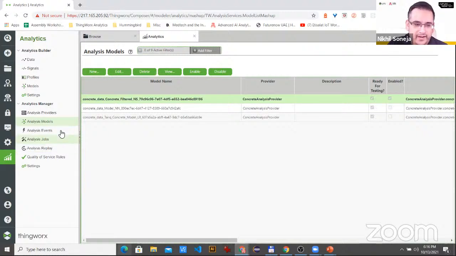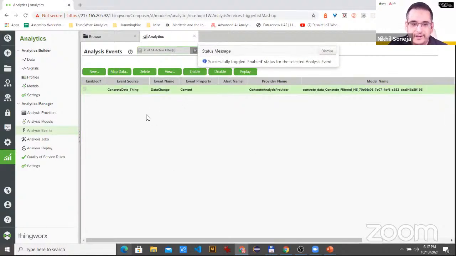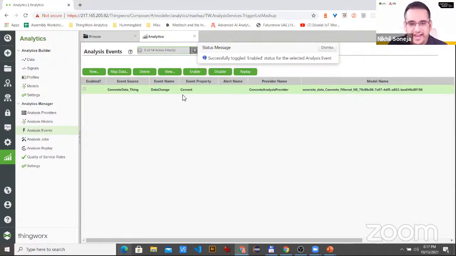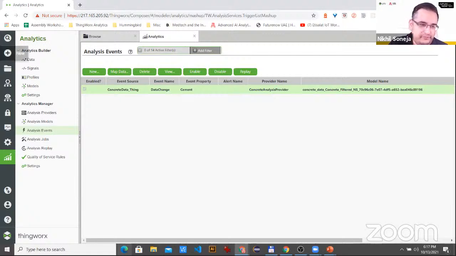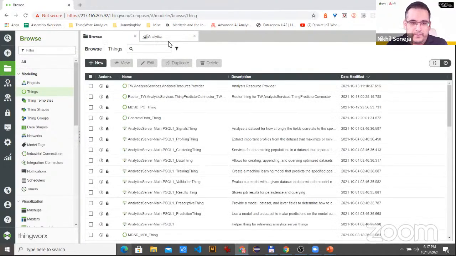And we set up an event for a thing called concrete data thing. Right? Okay, and this is not enabled, so I'm going to enable this analysis event. So it says whenever the data changes in concrete data thing for any value, but cement, for example, then we were populating values. So if we go back and have a look at concrete data thing. Again, you can always browse through anything.